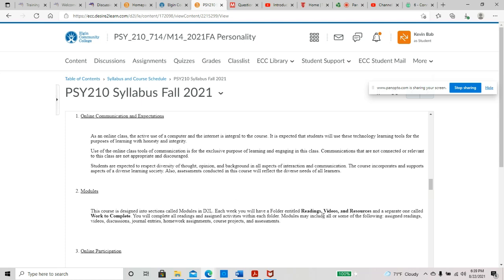Always look for those two folders, readings, videos, and resources, work to complete, so that you know you have everything. It's always best to take a look at the information early on in the semester, early on in the week. Read through everything Monday or Tuesday or even Sunday night, and get a sense of what's due, what the requirements